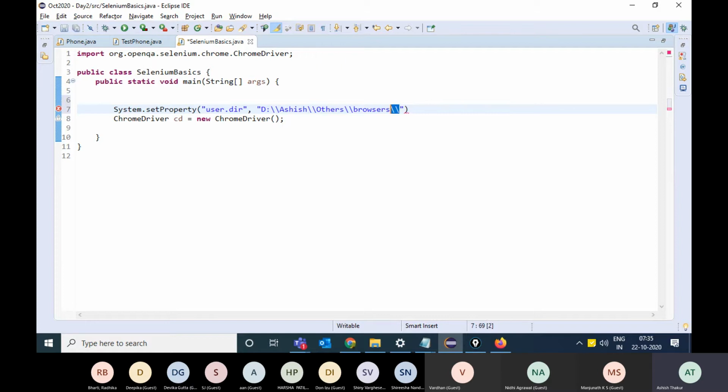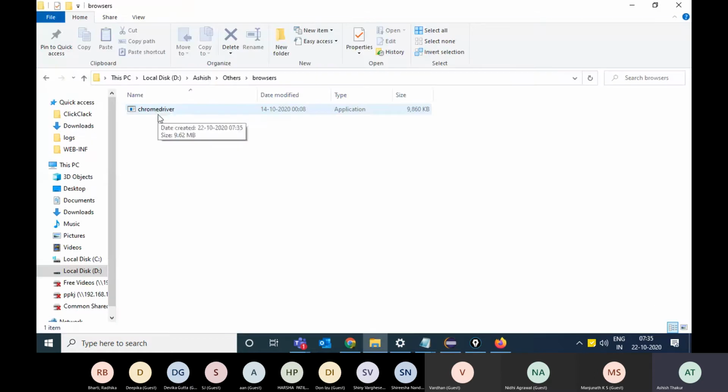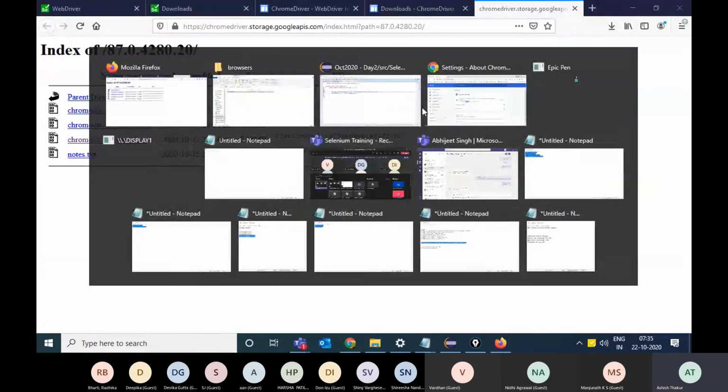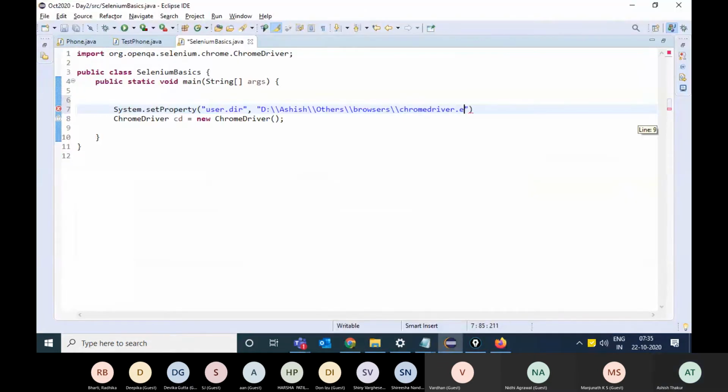In Java, you have to give a double slash. It's the concept of escape sequence. System is an internal class and setProperty is a static function in the class. So you set a system property.